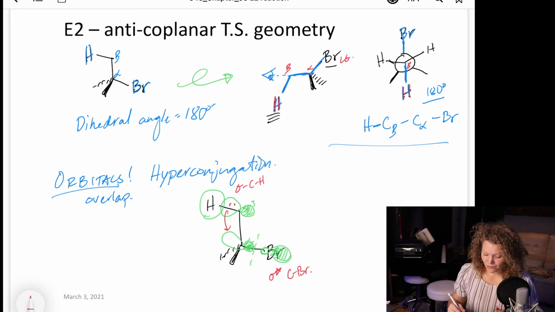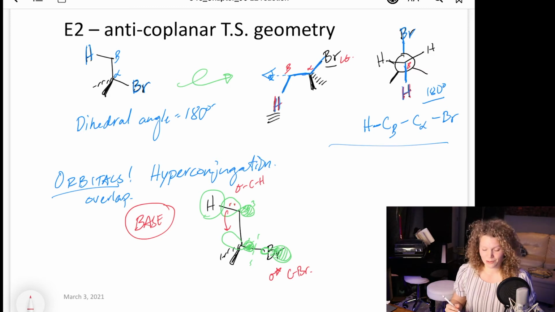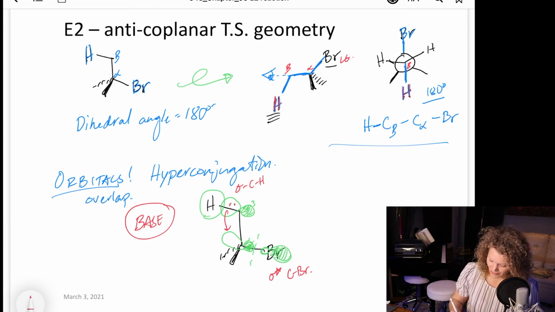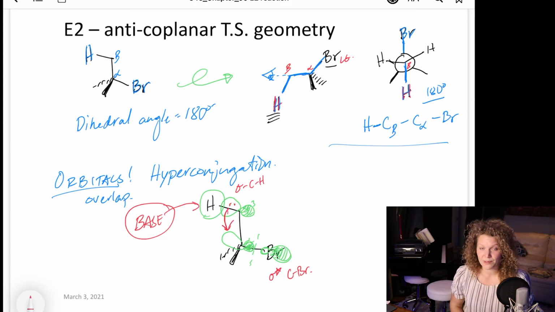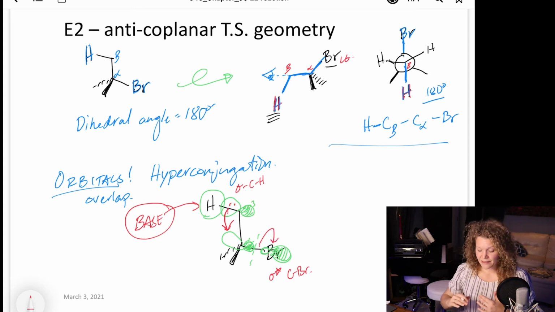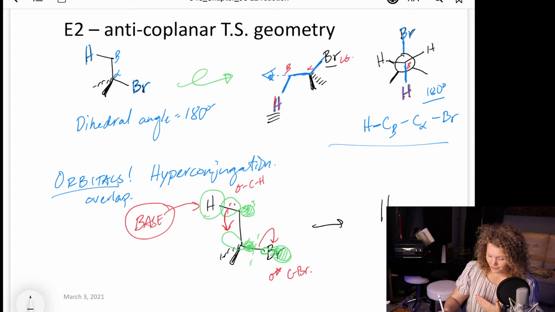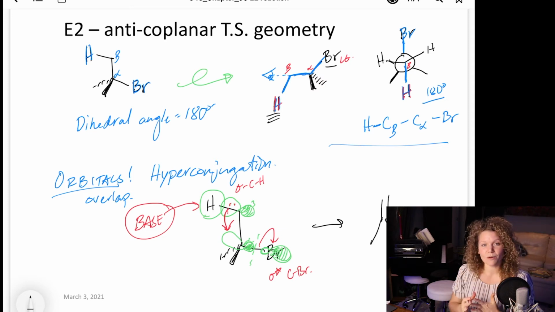Now, this orbital overlap is super important because if I have a base with whatever its orbital looks like, okay, think about this base coming in, and as it takes this proton, these electrons need to go into the antibonding orbital. This is now going to allow us to break that CBr bond. This orbital overlap allows this reaction to occur to make our new double bond, okay? And so it's the orbital overlap and due to hyperconjugation that this